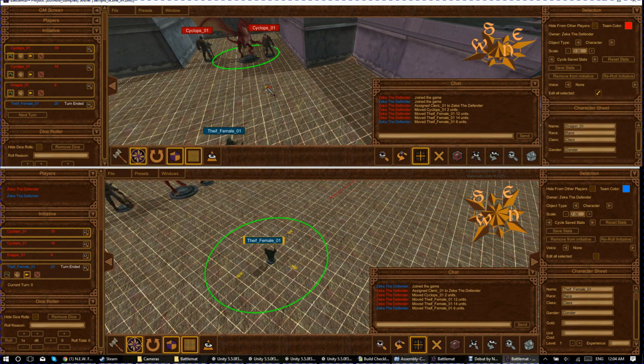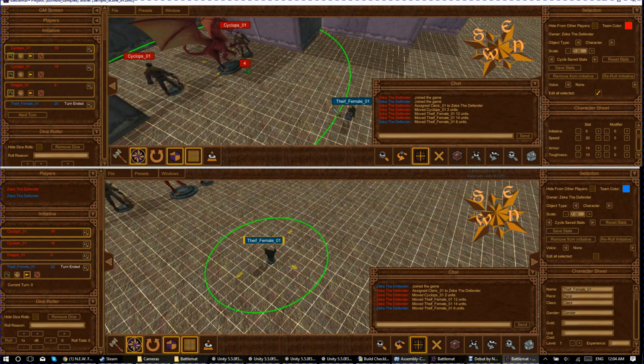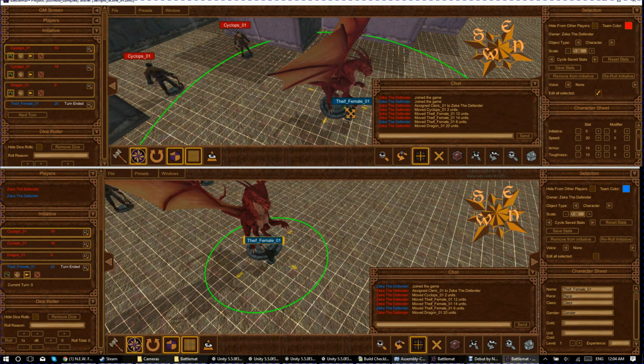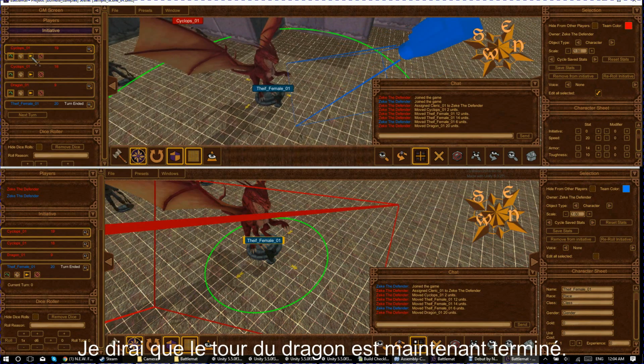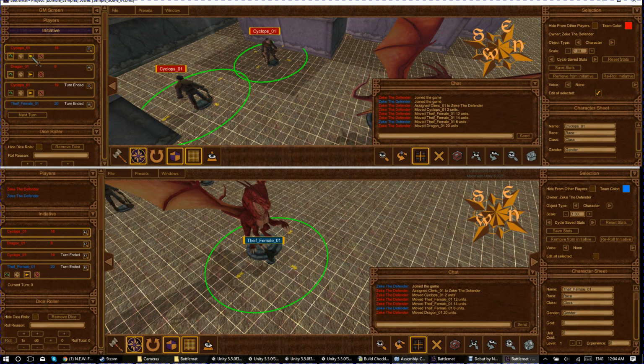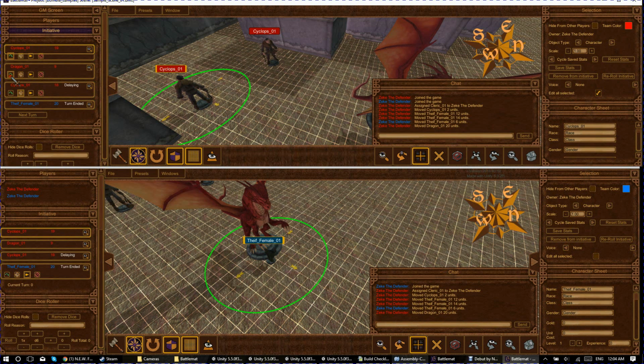So, say the dragon will also move. Oh, by the way, you can increase the speed here. We'll say our dragon can move 20, which would be enough to get to the thief, but we'll say that's all he can do, so he can end his turn. Cyclopses, for some reason, decide to delay. Well, the first one we'll say delays. Oops, I am sorry, I pushed turn ended for a Cyclops. But anyway, I hope that makes sense